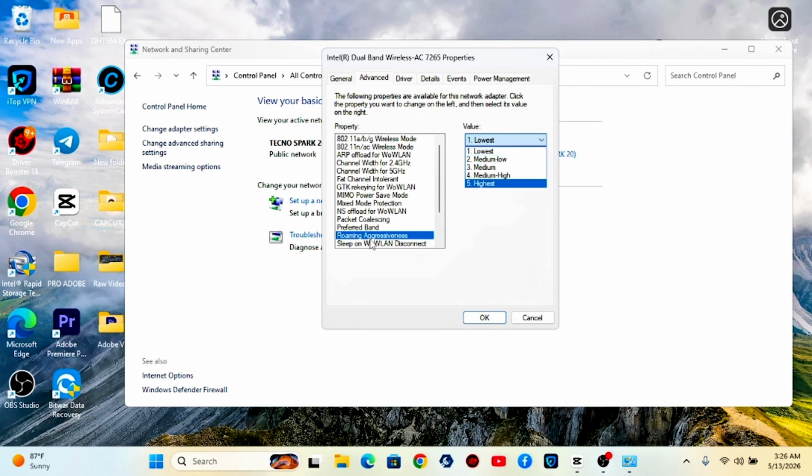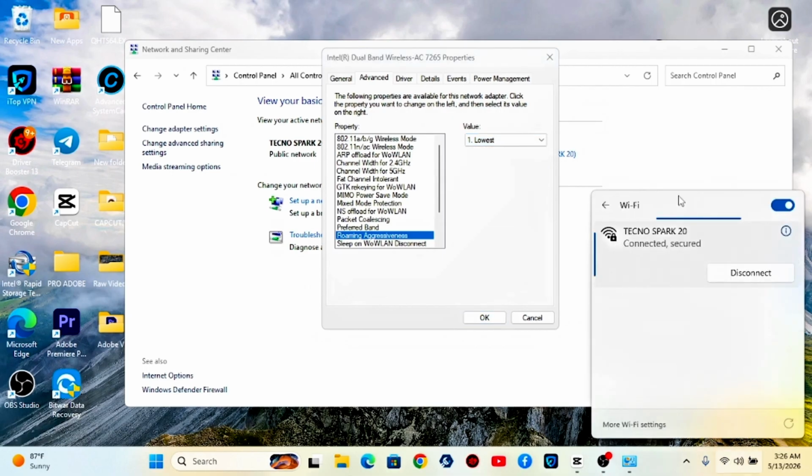But what is roaming aggressiveness? This is your machine roaming aggressively looking for internet to connect to, Wi-Fi signal to connect to. So when you go to your Wi-Fi here, you might see so many other access points available. You'll see their names, but you may not have password to all of them. But they're all here because they're all seeking for access to your PC, because your PC is open to receiving